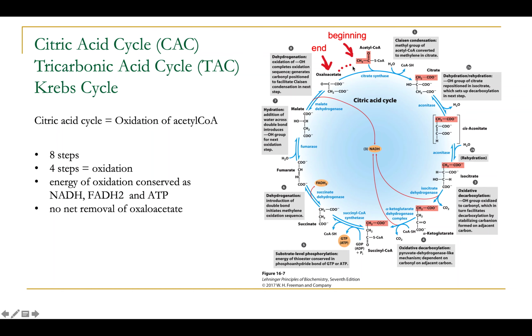Once organic matter has been catabolized and converted to uniform two-carbon chunks in the form of acetyl-CoA, it is fed into the citric acid cycle, the roundabout of 8 chemical reactions which take place in the mitochondrial matrix, whose purpose is to completely oxidize the acetyl group fed into this cycle to carbon dioxide